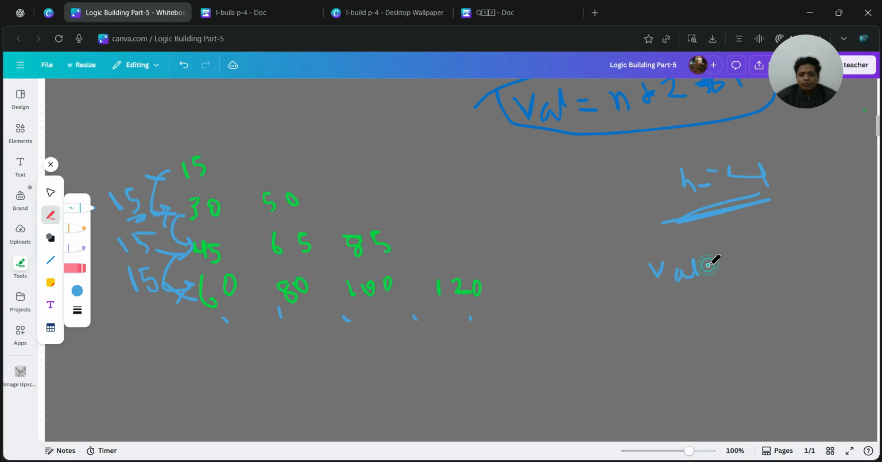So we will form the value which is equal to n into 4 minus 1. So 4 into 4 is 16, minus 1, that is 15. So using this we can get this difference of 15. But we need to know that for this